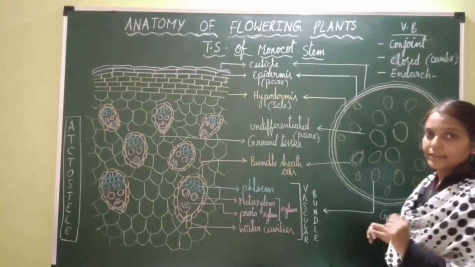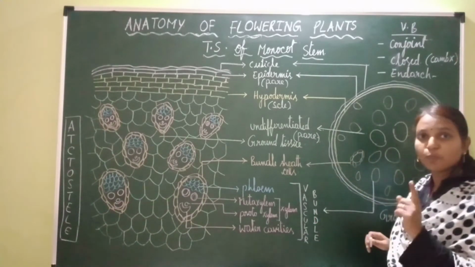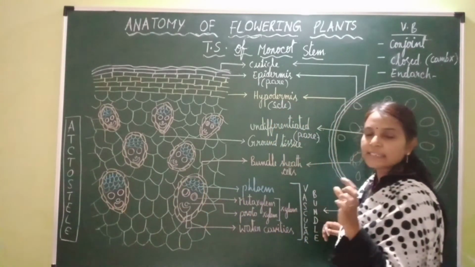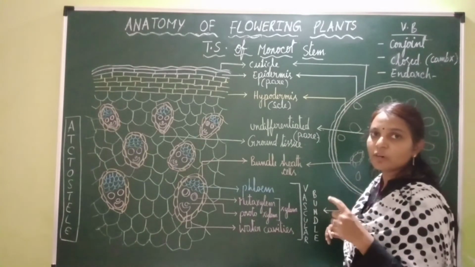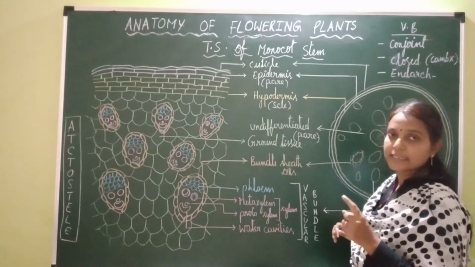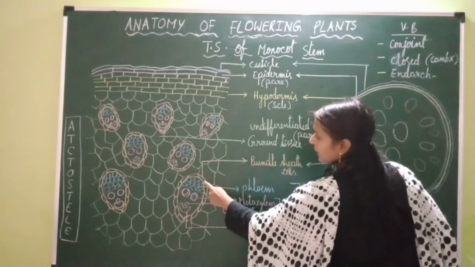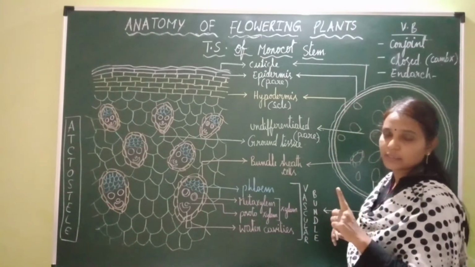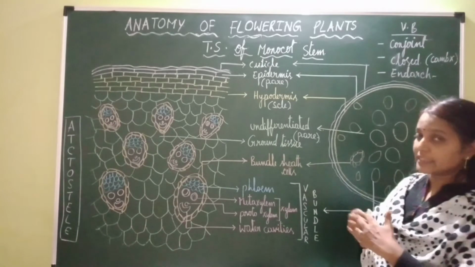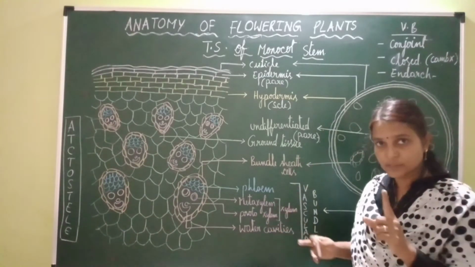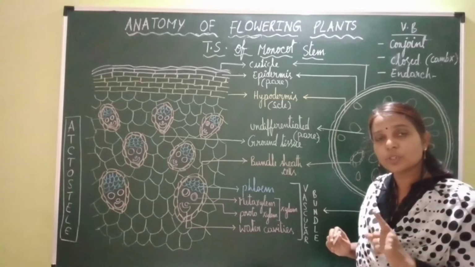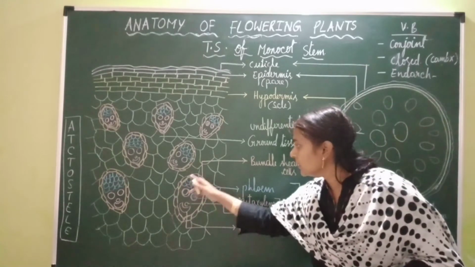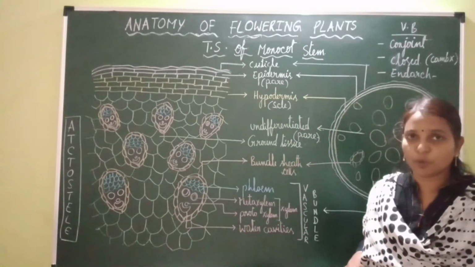Right? And one more characteristic feature of monocot stem is the presence of bundle sheath cells. Around each and every vascular bundle, thick walled sclerenchymatous cells are present in the form of a whorl. These thick walled sclerenchymatous cells are bundle sheath cells. So the presence of bundle sheath cells around vascular bundles is another characteristic feature of monocot stem. One characteristic feature is the presence of scattered vascular bundles, that is atactostele. Another is the presence of thick walled sclerenchymatous bundle sheath cells around the vascular bundles, the second characteristic feature of monocot stem.